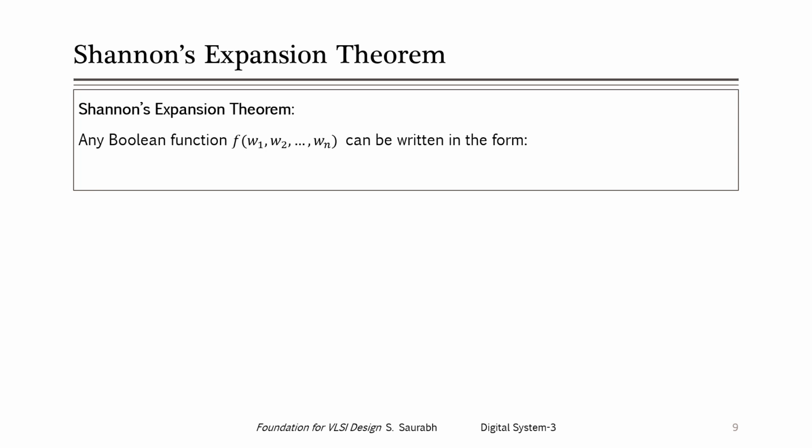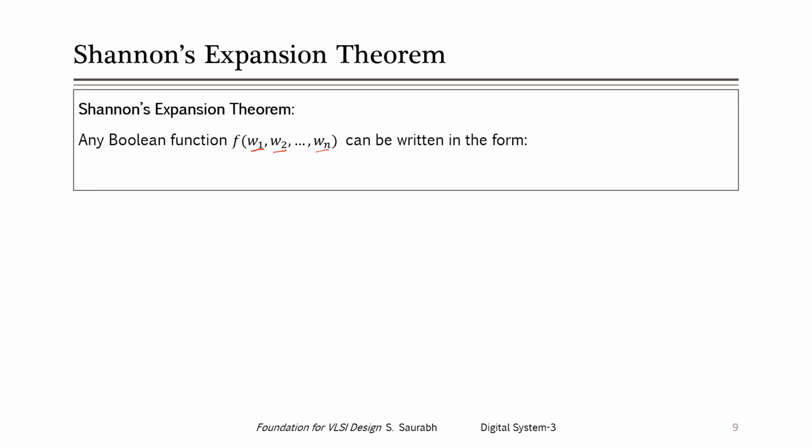Shannon expansion theorem basically decomposes a given Boolean function as a sum of two Boolean functions, right? Suppose we are given any Boolean function f in terms of Boolean variables w1, w2 to wn. So there are n variables, w1, w2 to wn. This Boolean function can be decomposed as a sum of two Boolean functions by picking any one variable,